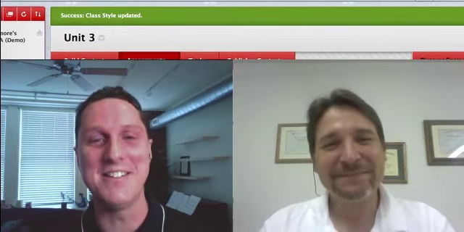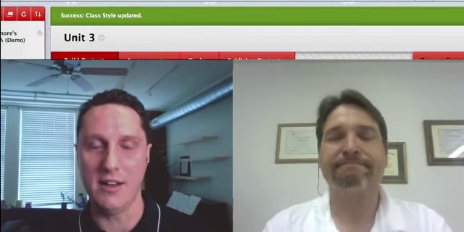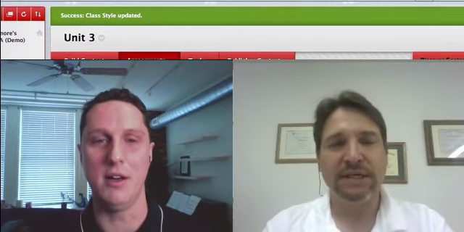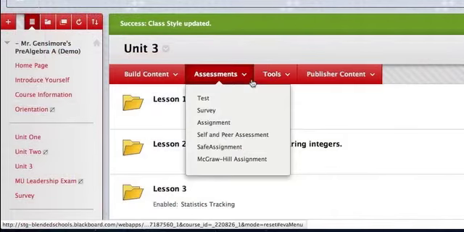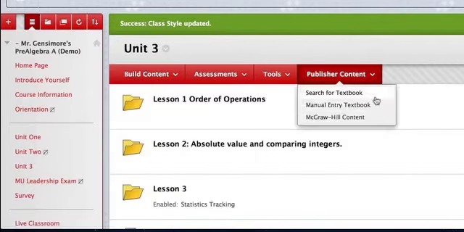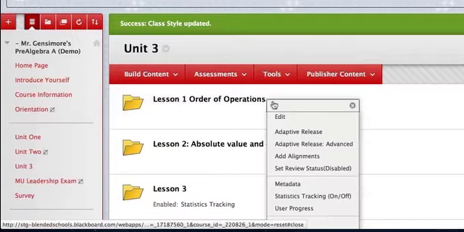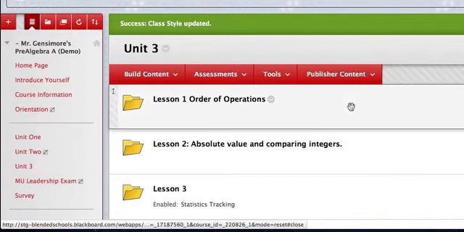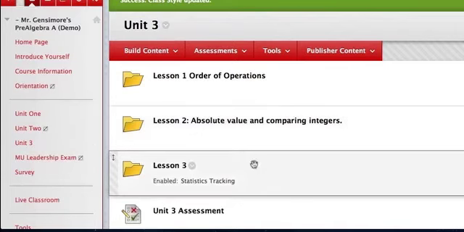So yeah, there are new themes. As you can see, some of the button names have changed just slightly. No major changes there, but they used to have add interactive tool, it's just tool now. And yeah, probably one of the biggest changes that's going to confuse people, Mark, is you're not going to see the double down arrows. I know. You actually have to hover over a menu or an item, and there's not double down arrows. There's only a single arrow now. I know. That's probably, I think, the most confusing thing that teachers will run into across all the new features,